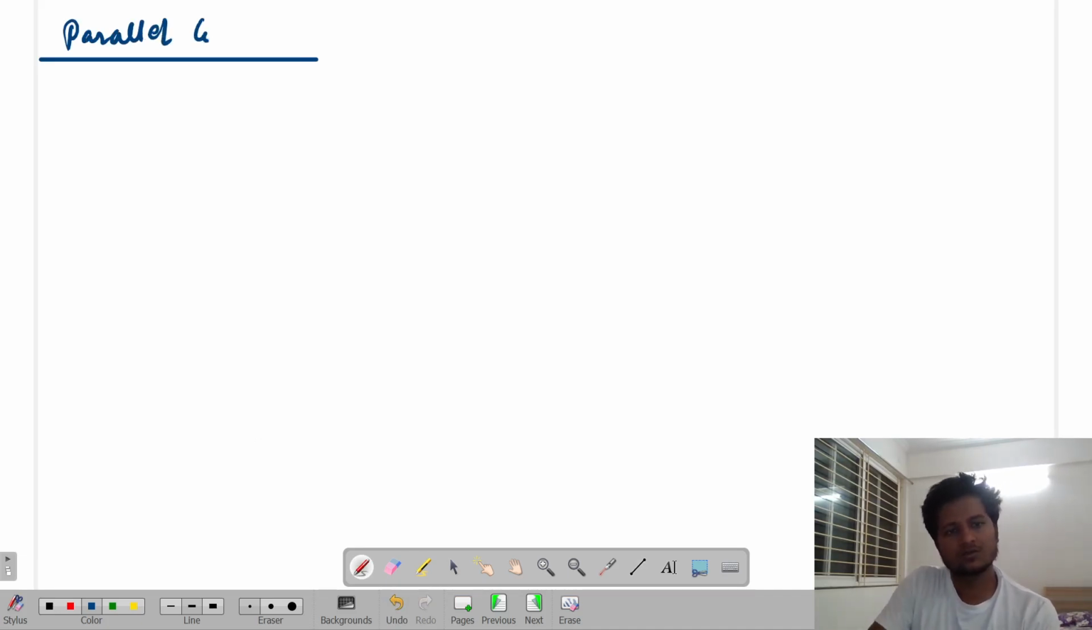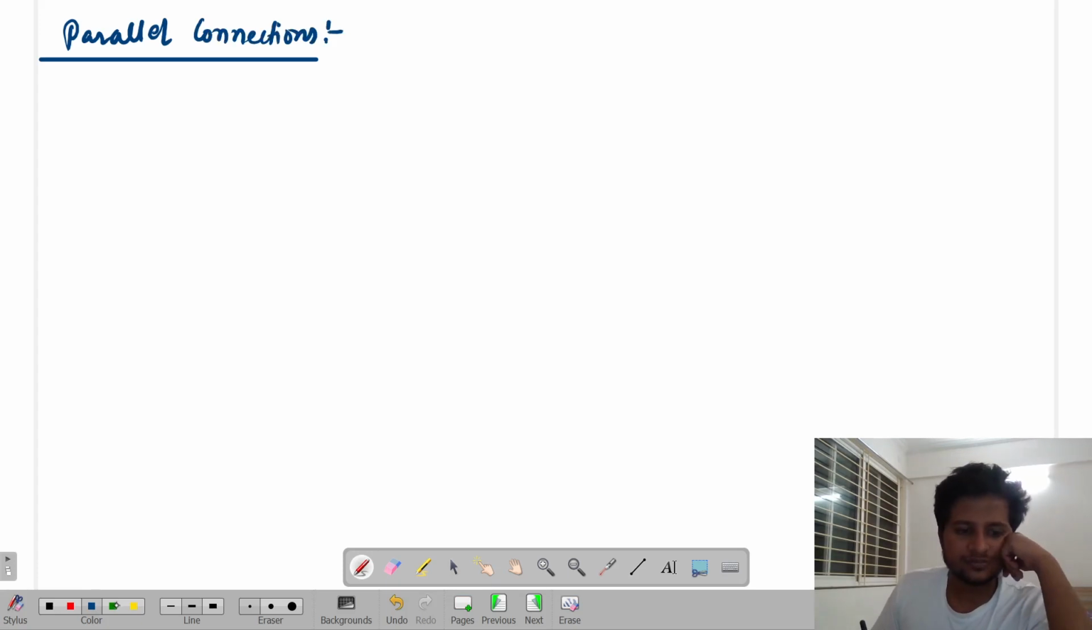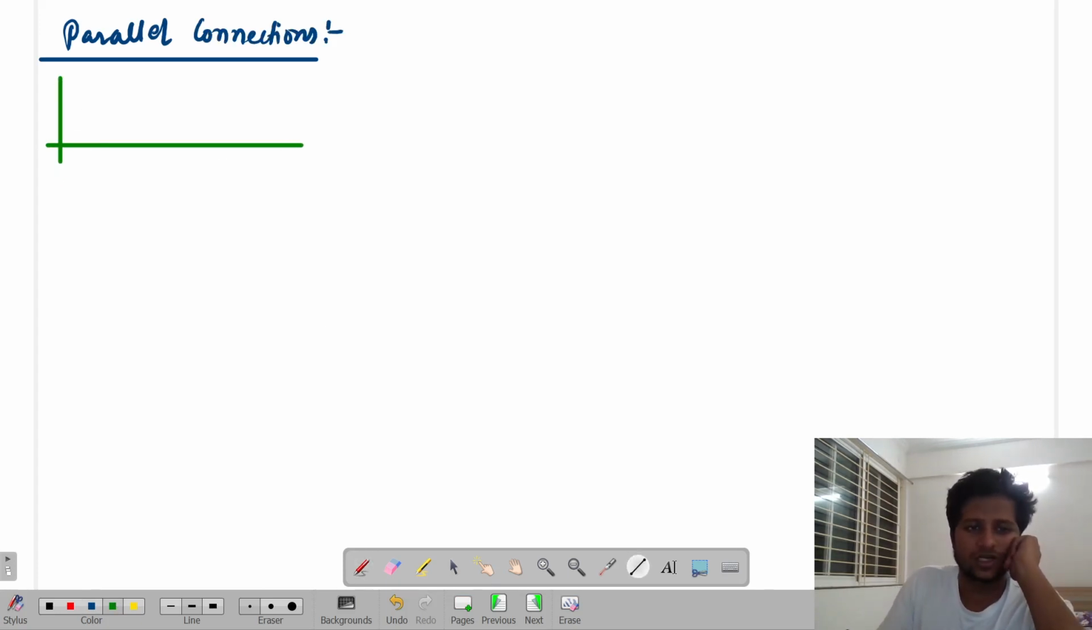Parallel connections. Okay, then let us first derive that equation, then we'll see to understand what can be the different possible diagrams. Okay, so this is one of the simplest parallel connections which we see in everyday common uses, that